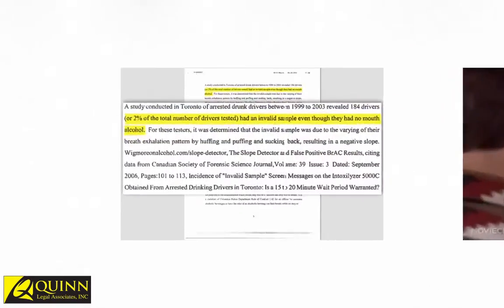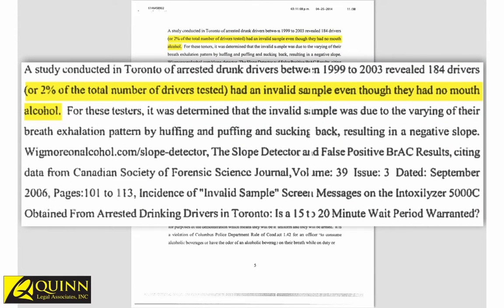And then this is one of Cleve's cases in which the prosecutor tried to keep Cleve from using any type of demonstration video. They basically say that 2% had an invalid sample even though they had no mouth alcohol.